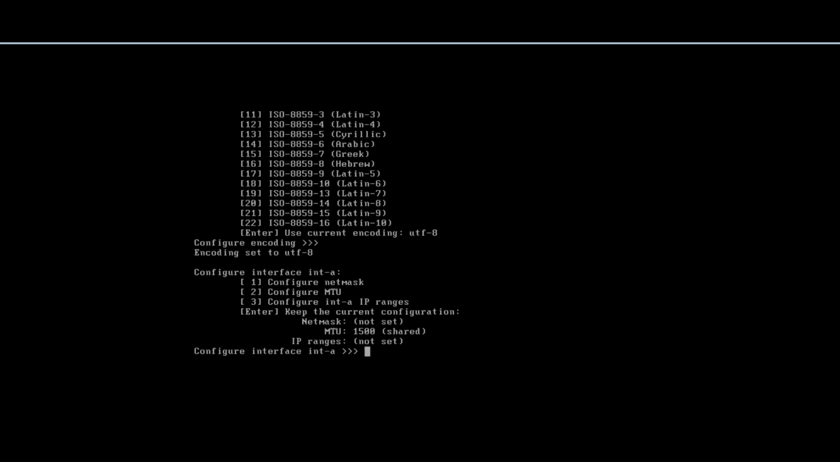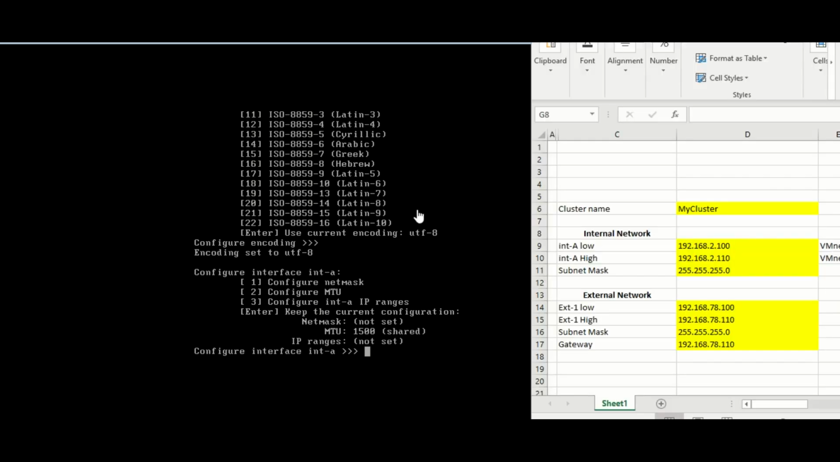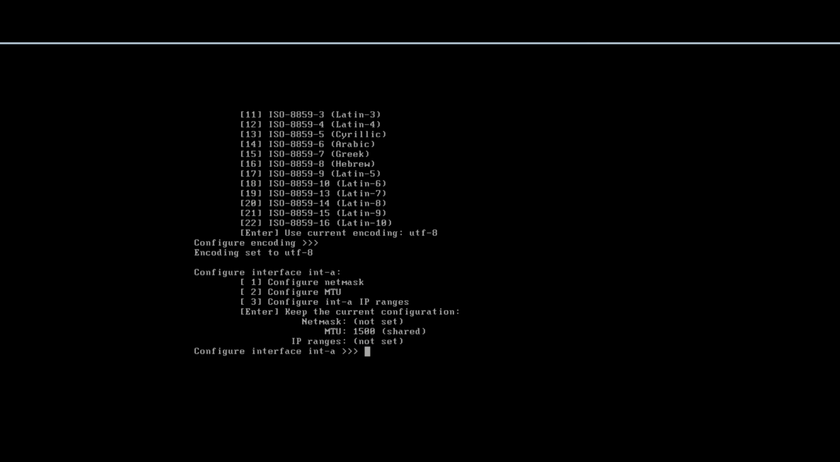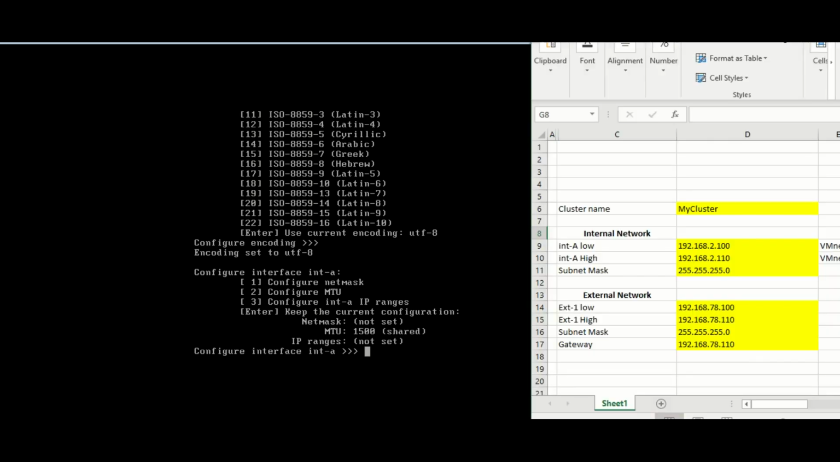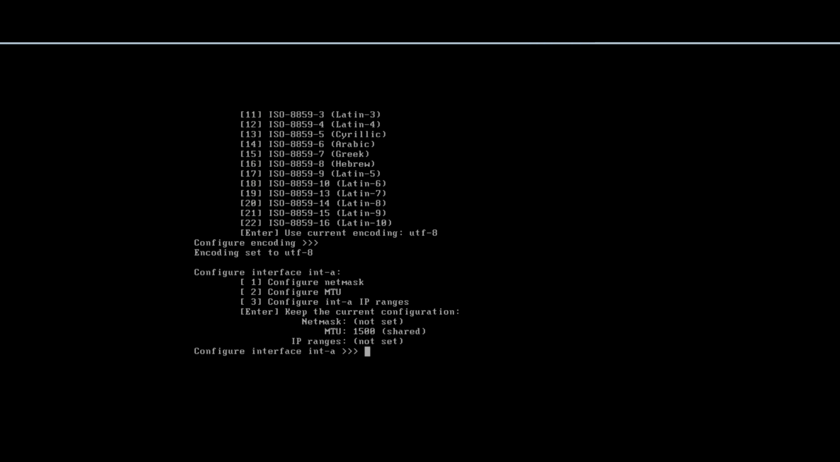Here we have to configure the net mask. The net mask, we find that information here in the file. We'll find the information here, which is the subnet mask of our internet network. So you just type 255.255.255.0,